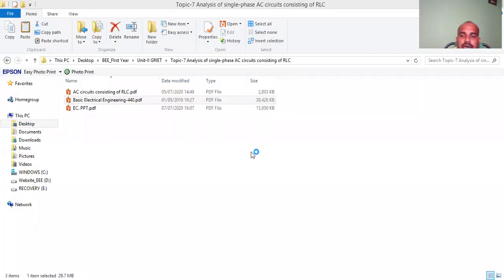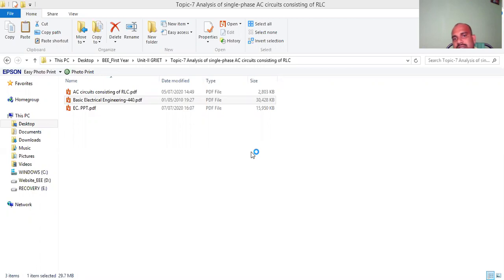So the next one is parallel circuits. For example, two impedances, two elements are in parallel. If two elements are connected in parallel, say I total is the total current, then current division: I1 is equal to I total, the total current, into the opposite resistance, the opposite element, by the total of the elements.